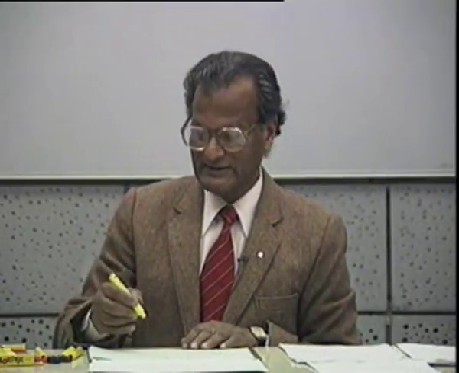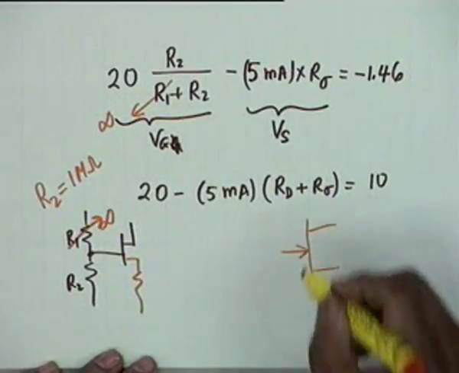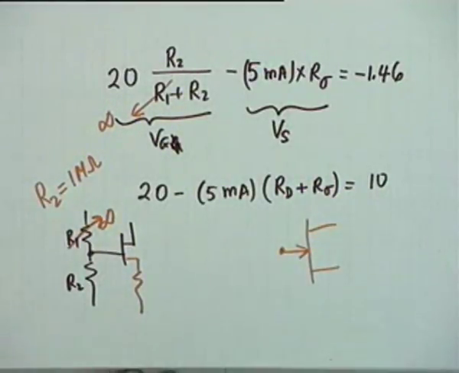Then G would be a floating point. Correct. So VGS has to have some specified value, like greater than VP, which cannot be. If it is floating, there is another danger. I am glad you asked the question. The danger is that if this terminal is left floating, it accumulates charge, static charge from the atmosphere.